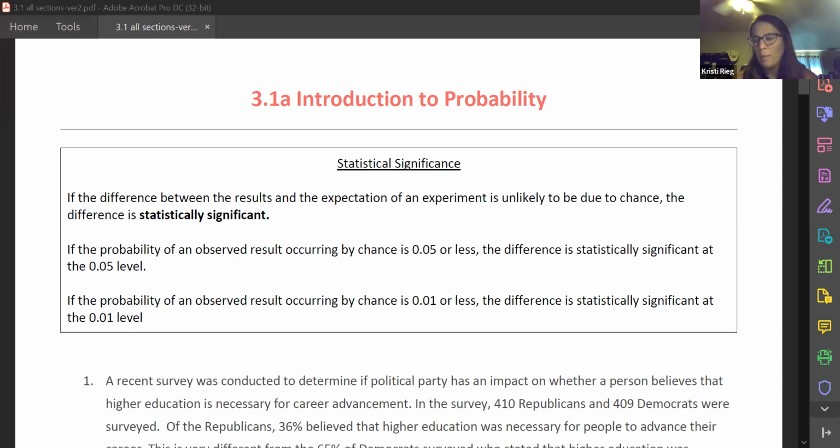But the bigger this number I'm talking about, the more likely something a little fishy is going on, right? It's not a chance that this is going to happen. So if I flipped a coin 100 times in a row and got heads every time, then we're saying that's unlikely to be due to chance. Something fishy is going on. All right, so it's